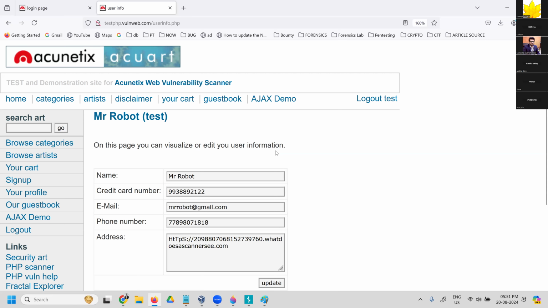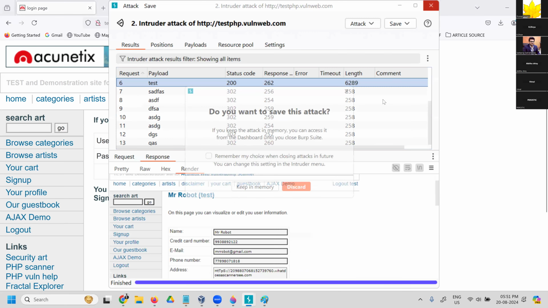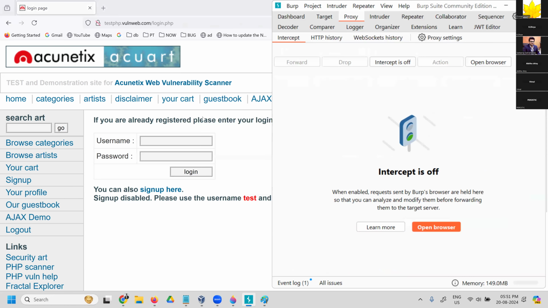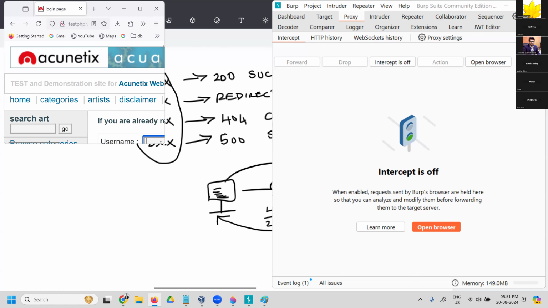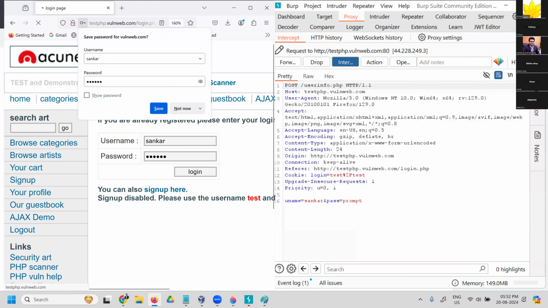Now I'll also show you how you can brute force both username and password field. Okay, let me go to Burp here. Let me stop this. Yes, discard. This is my Burp Suite here. Now I'll give the username to be wrong. This is the second scenario where we are testing this. I'll give the username to be Shankar, which is wrong. The password to be prompt. Again, that is also wrong. Before I click login, intercept is on. Login, username is Shankar, password is